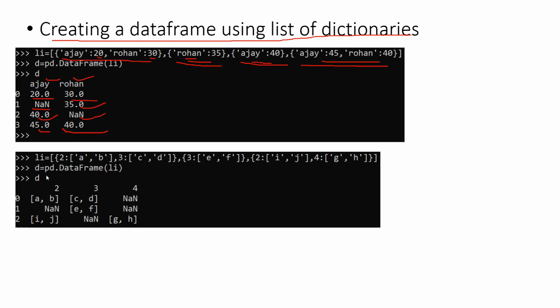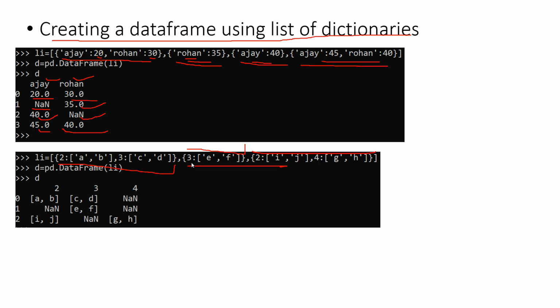Now in the next list, again, it consists of the following dictionary. The first dictionary, that means the first row. Again, next dictionary till here, that is the second row, and this will be treated as the third row. Now let us find out the keys. What are the keys here? 2 and then 3. That means we have a column name with 2 and we have the column name with 3.